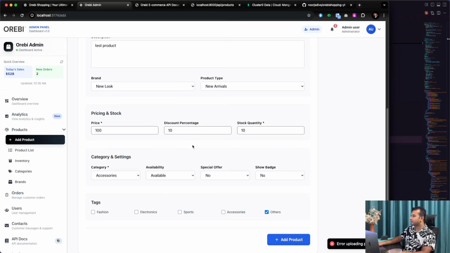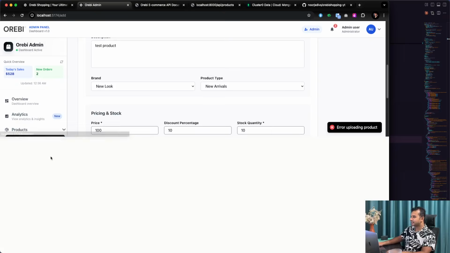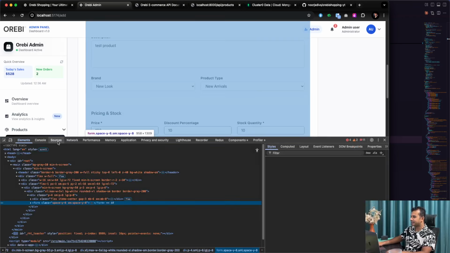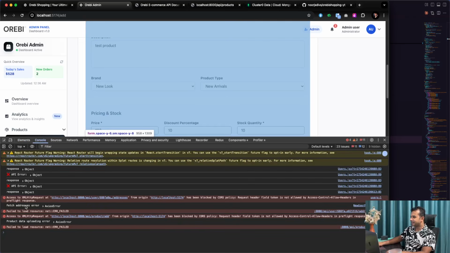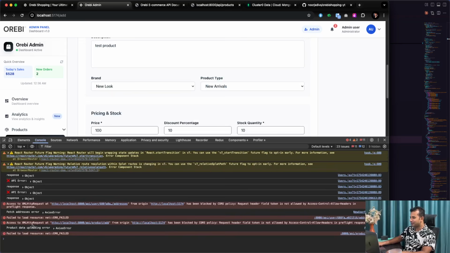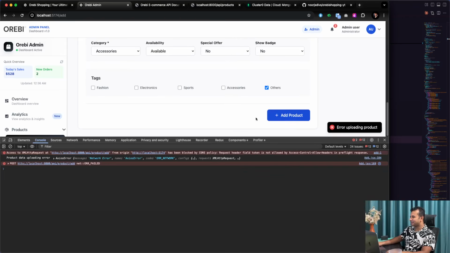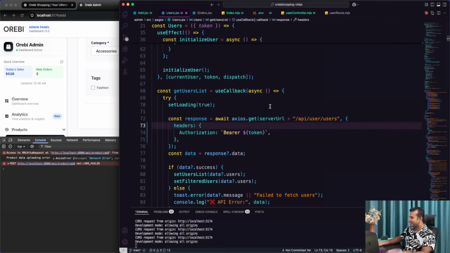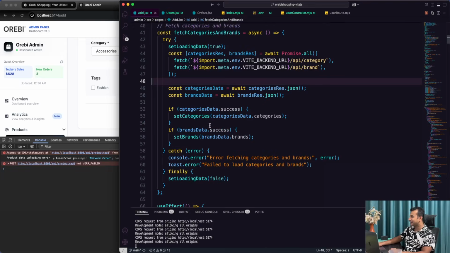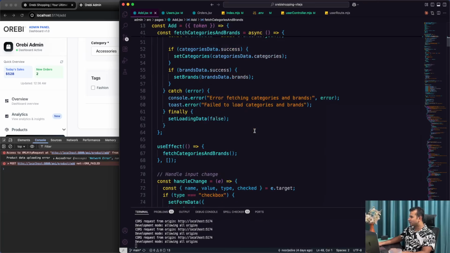So now, error uploading products. What's wrong right now? It's giving some kind of hint right here. Really, it's not so good. When I'm testing, it just makes that error, but before it was okay. I tested before and it was working perfectly fine. Okay, again the CORS policy, and I think I need to copy that headers policy. I think the similar thing is going to happen also here,